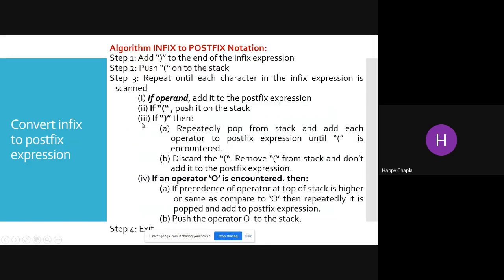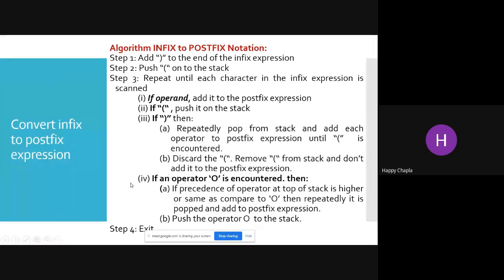So, first condition: if I have an operand, directly put it into the postfix notation. If I have a starting bracket, push it into the stack. If I encounter the closing bracket, till the starting bracket is encountered I pop every operator from the stack to the postfix notation, and I remove that starting bracket.